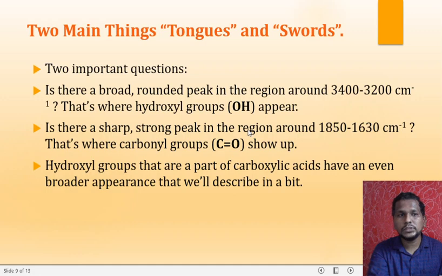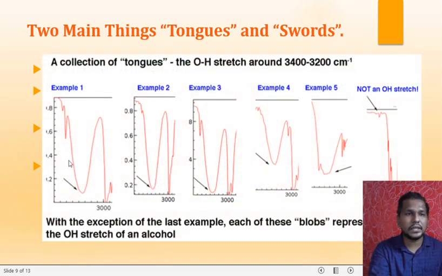But my dear students, the shapes of these spectra are typical. We are aware of the tongue, the sensory organ. So the hydroxyl groups give a spectrum of tongue shape. Whenever there is a hydroxyl group, refer to these examples of OH stretching from 3400 to 3200. So these all are OH stretching.